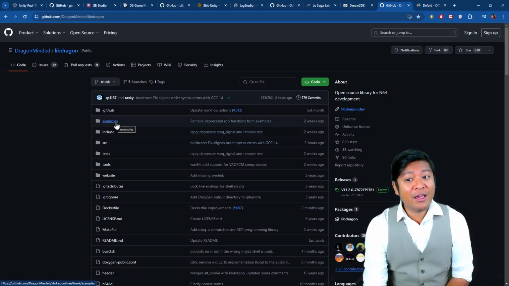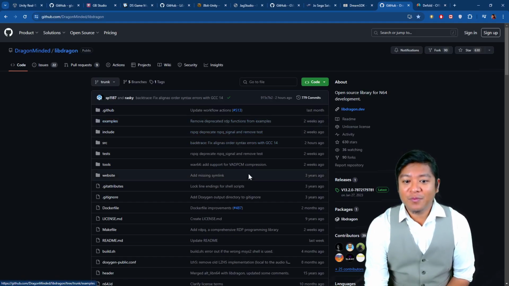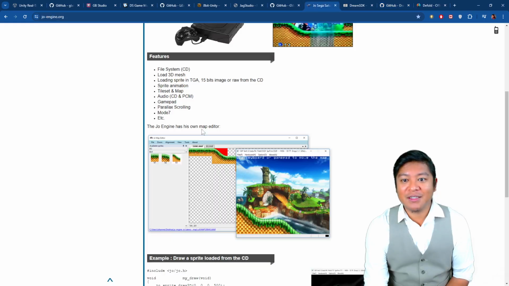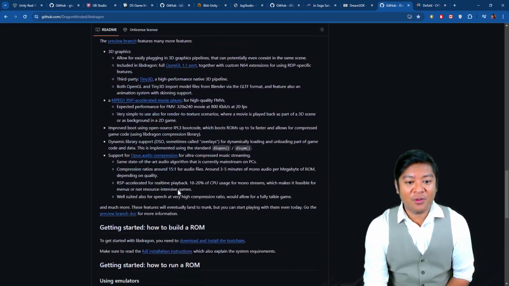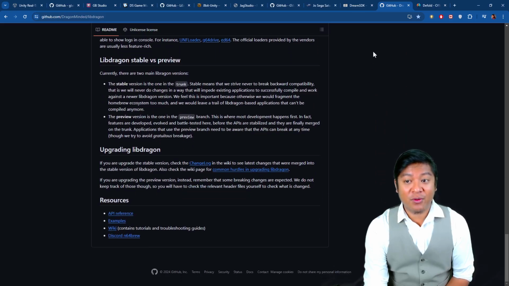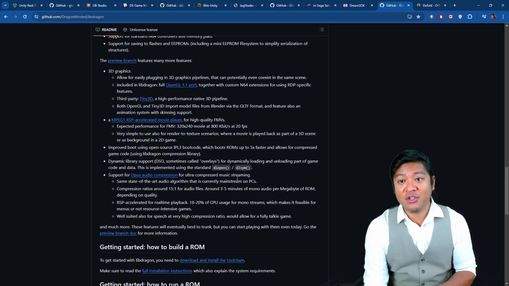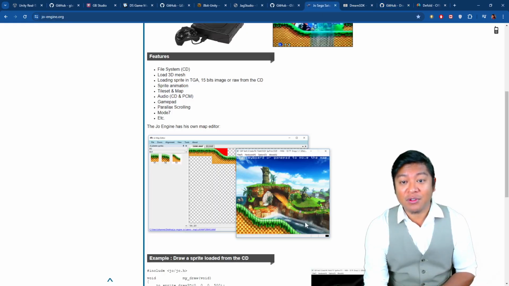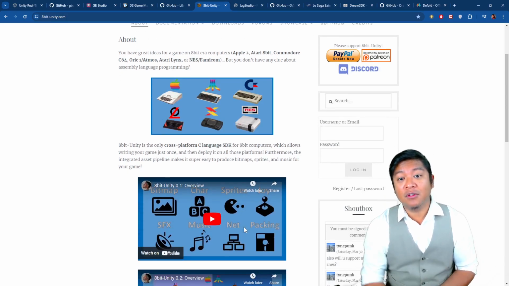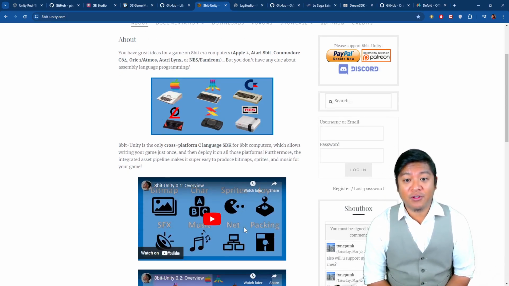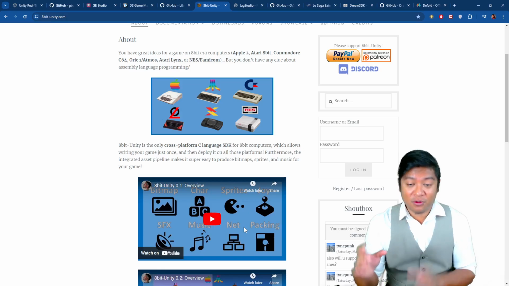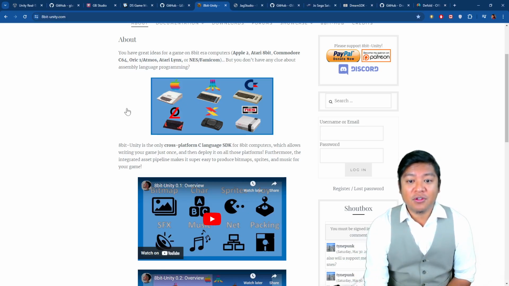Then we have LibDragon for the N64. This doesn't have, say for example, the map editors and things like that. And there are so many other tools that you have to figure out. So every single one of these environments is so different. They have their own quirks, their own limitations, and some do a huge amount to help you. Say for example, 8-bit Unity, you can use Tiled, the program, to create tile maps for your games. And so you create the data in Tiled, you bring that into 8-bit Unity,